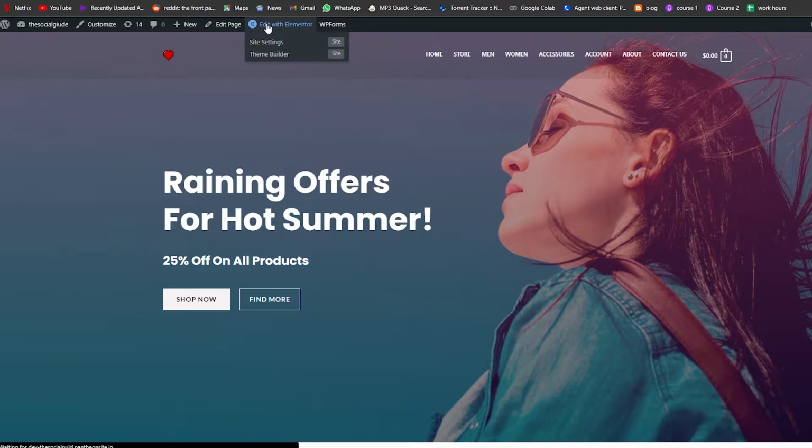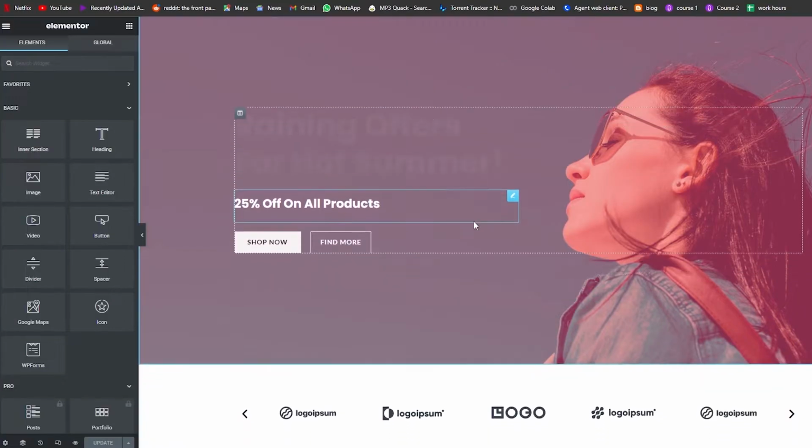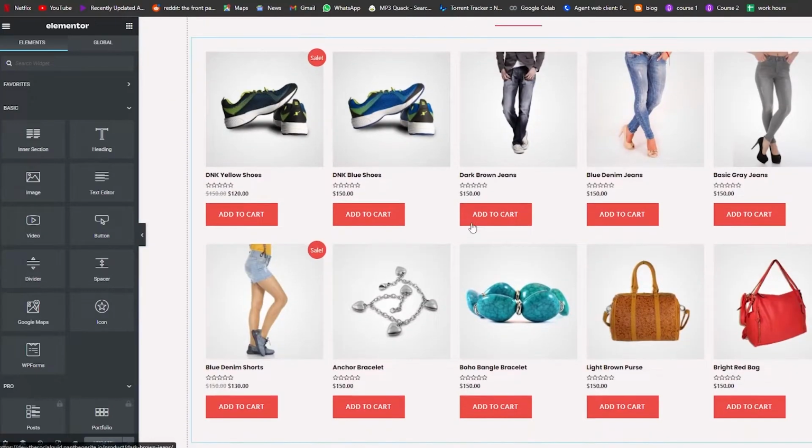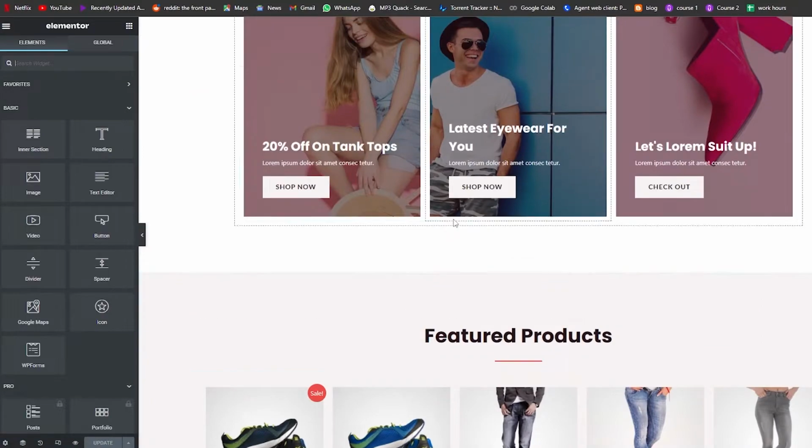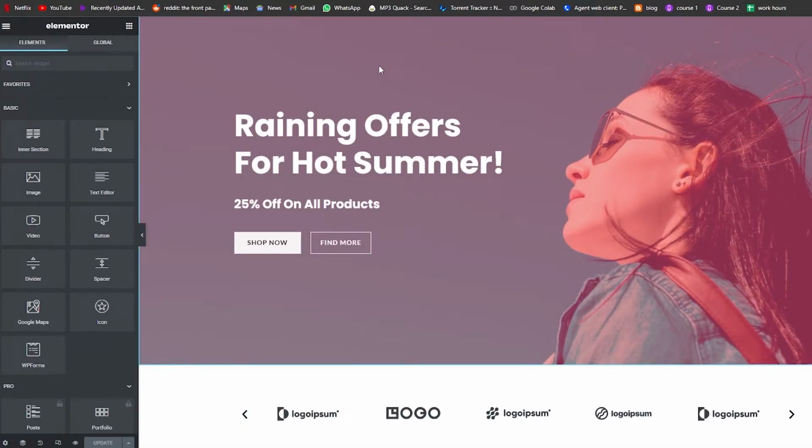So we're going to edit it with Elementor. Wait a couple of seconds for the editor to load up, and once it's loaded up, you're good to go. Now you can go ahead and start editing this website. Depending upon you, you can just go ahead and start editing whichever one you want, and it's very